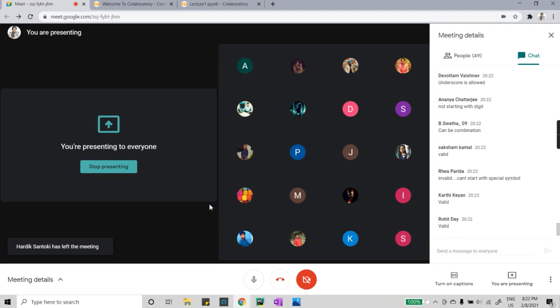Valid, invalid, it cannot start with a special symbol. Quickly give me reasons why it is a valid one. Underscore is allowed. Some more reasons.